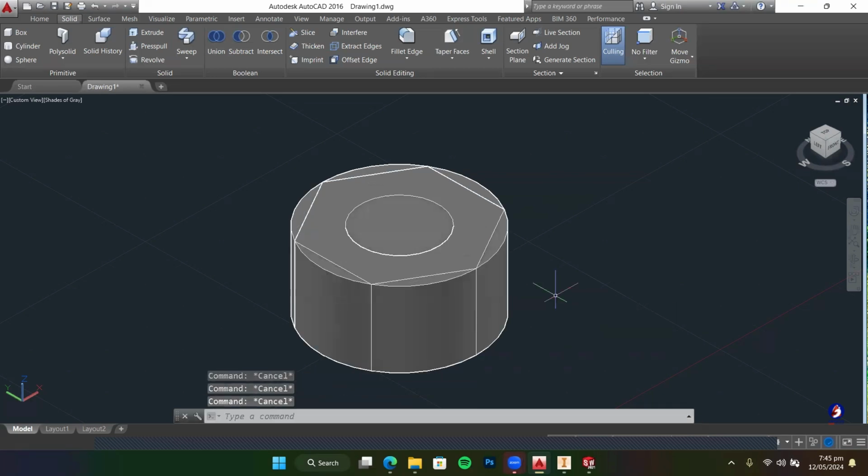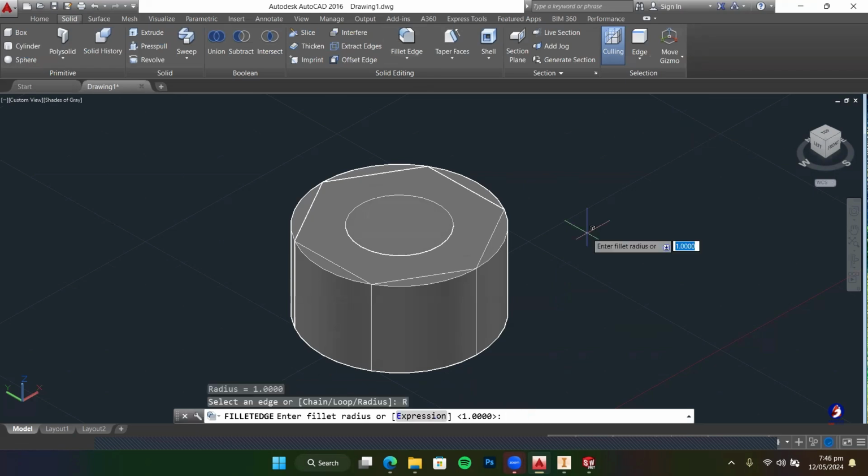All right. So I'll select my fillet edge, this edge like this. Come and select my radius. I want to use 5 units, so I'll type 5 and press enter. Drag your mouse pointer to